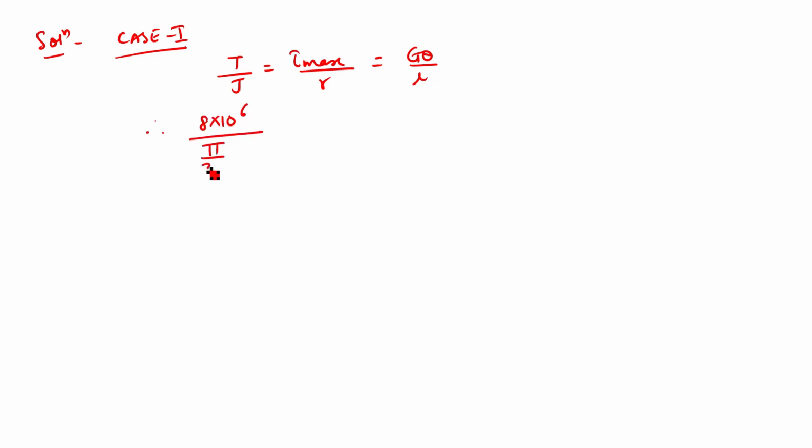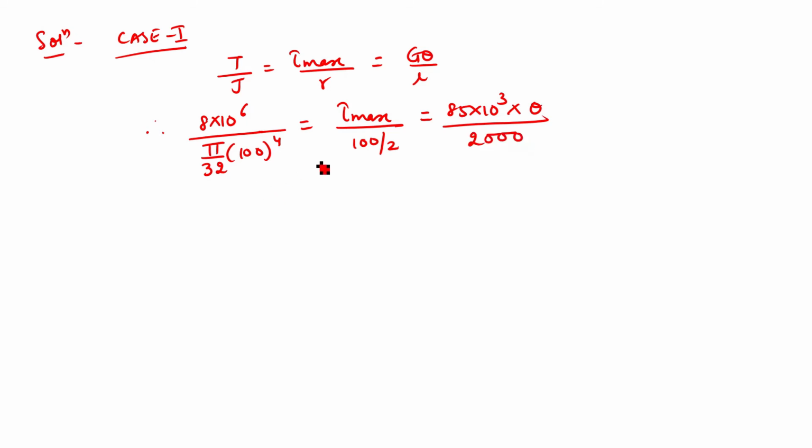There is only one diameter, raised to 4, is equal to tau max, which is what I need to calculate. R is 100 by 2. The value of G is given as 85 into 10 raised to 3. Theta is what I need to calculate, and the length is 2000. So when I solve them,